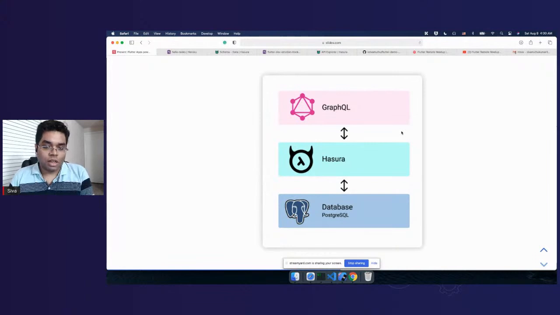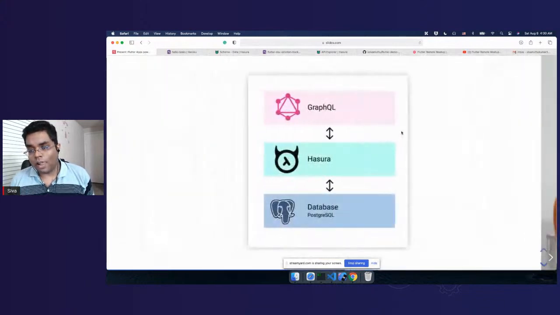So kudos to the Hasura team, and they have also released Hasura Cloud, which is managed GraphQL service in the cloud. So I'm very happy to be talking about Hasura, and congrats to Hasura on the latest achievements, right? So now